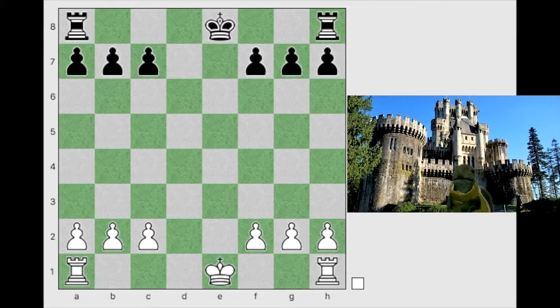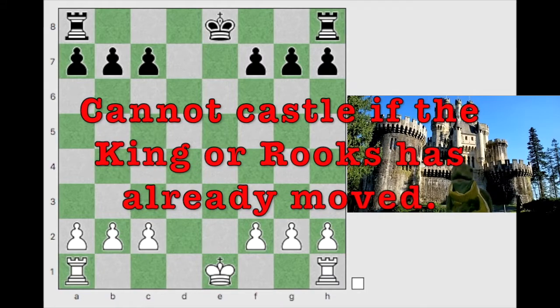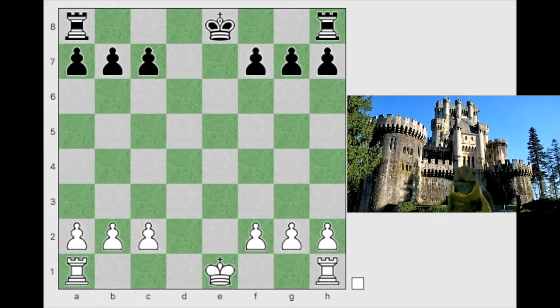In addition, we cannot castle if the king or rook have moved previously. This makes sense because in order for the king to run two squares, it needs all of its energy, and likewise, in order for the rook to hop over the king, it also needs a full energy bar. So even if the king or rook move and then return to their original squares, they are not allowed to castle. For example,